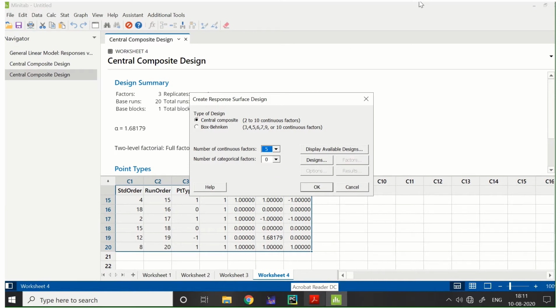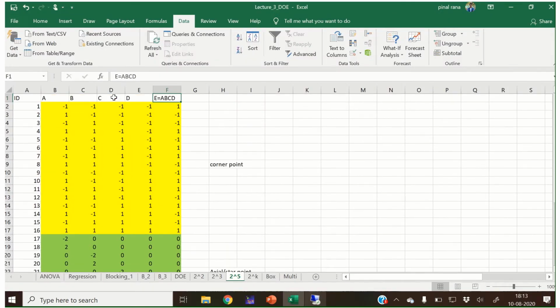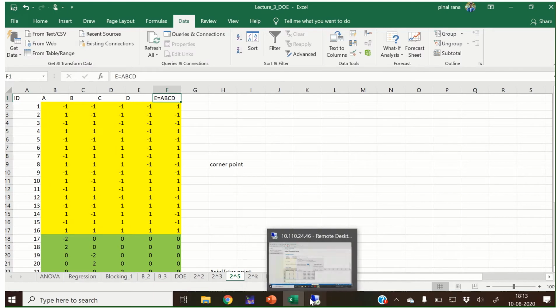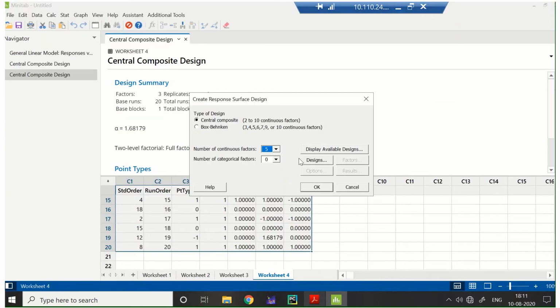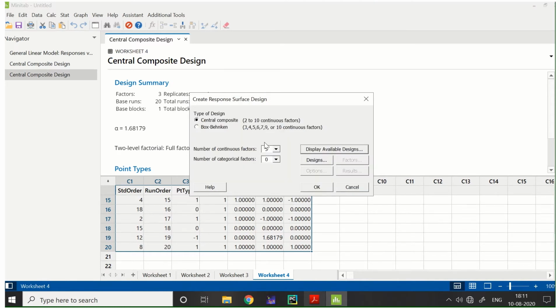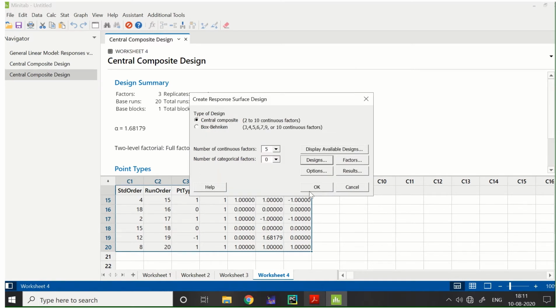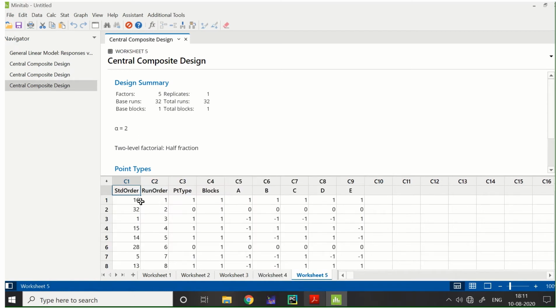You can see over here A, B, C, D, and E. So I will take 5 and it will give a different combination of that. Okay, so I have to select the design. So we'll select the half factorial design, which gives you 32 runs and in one block only. So you have to just click OK after this.